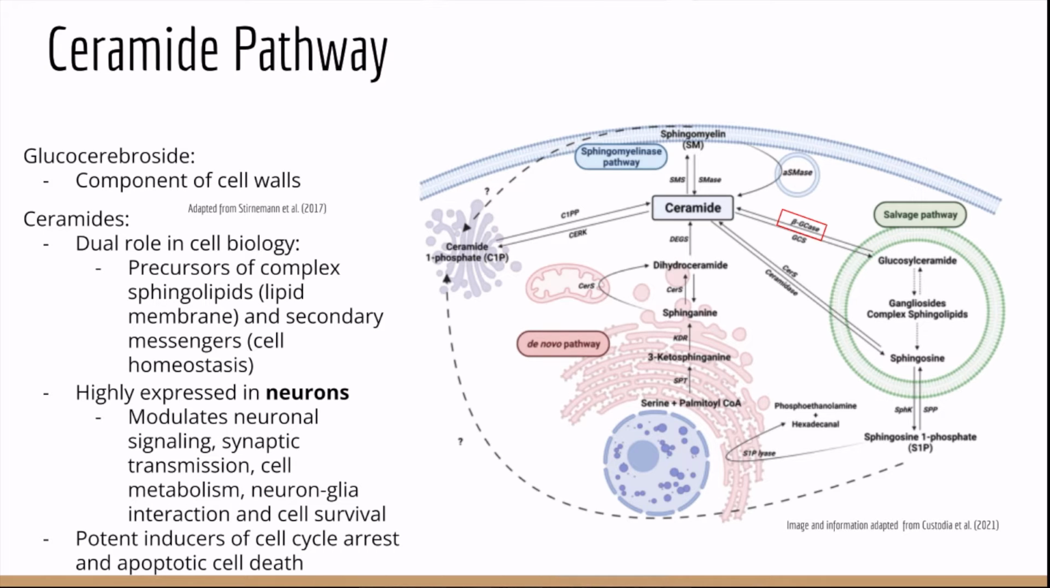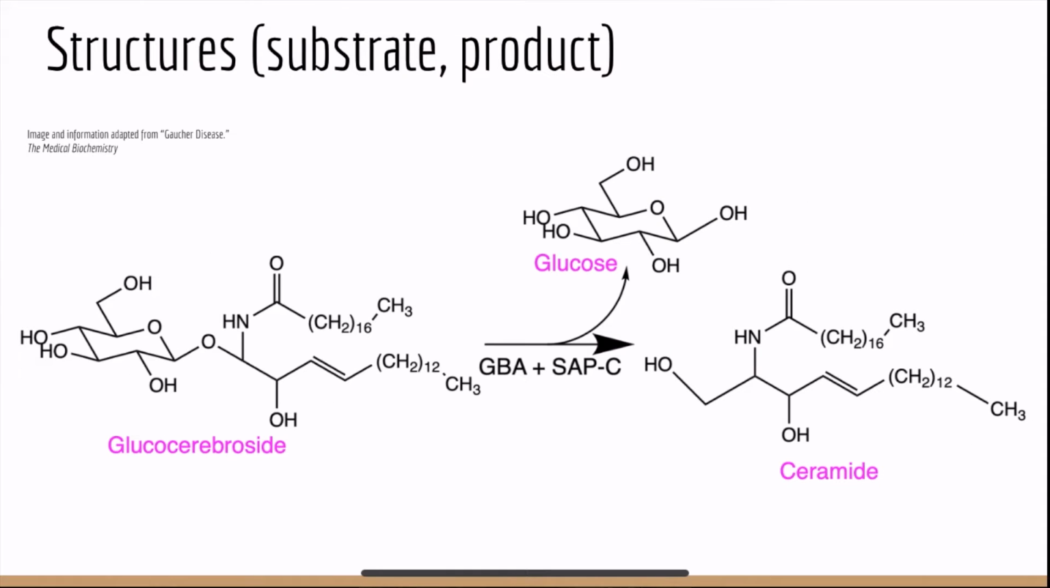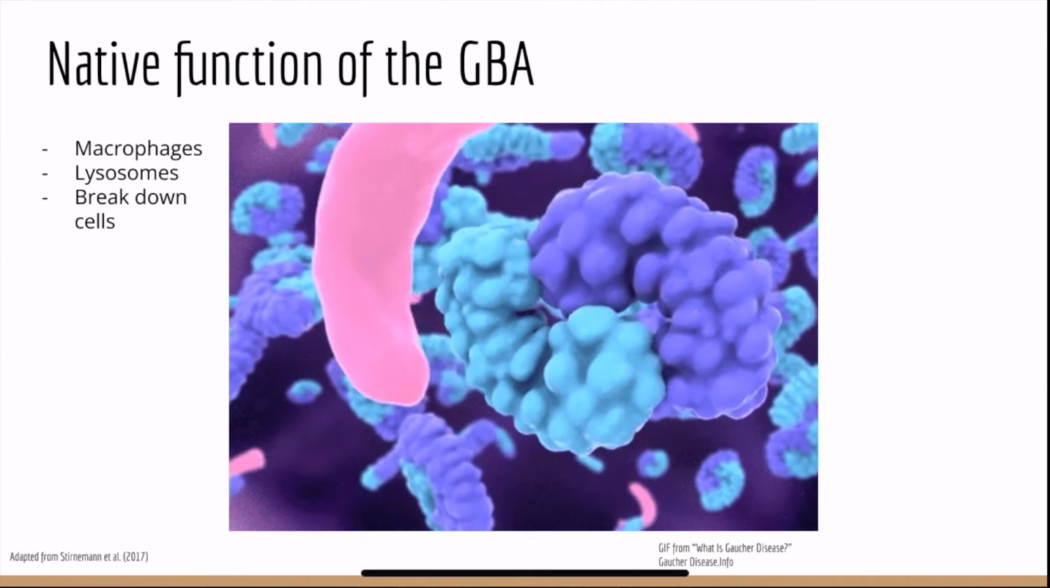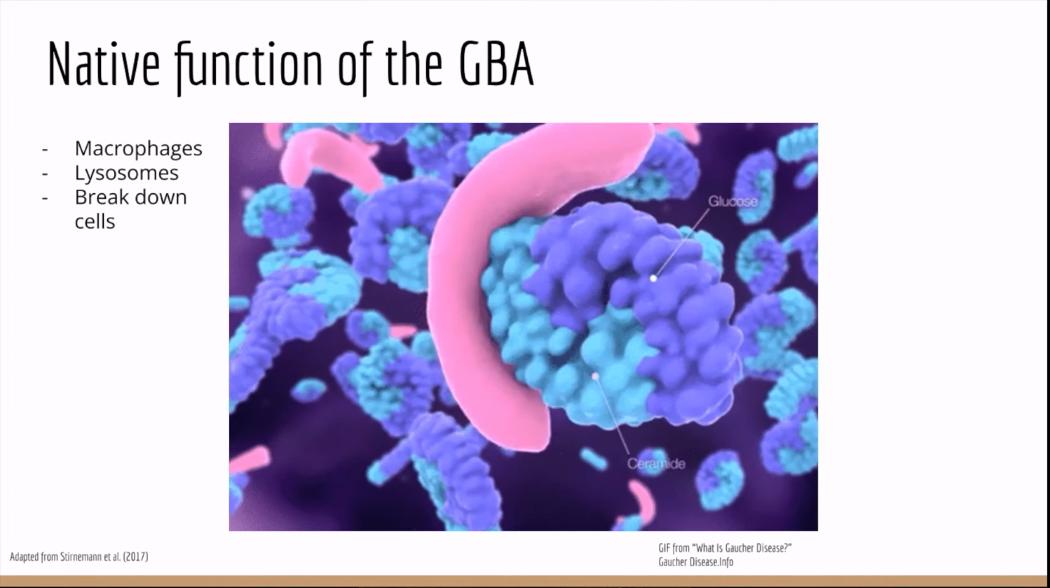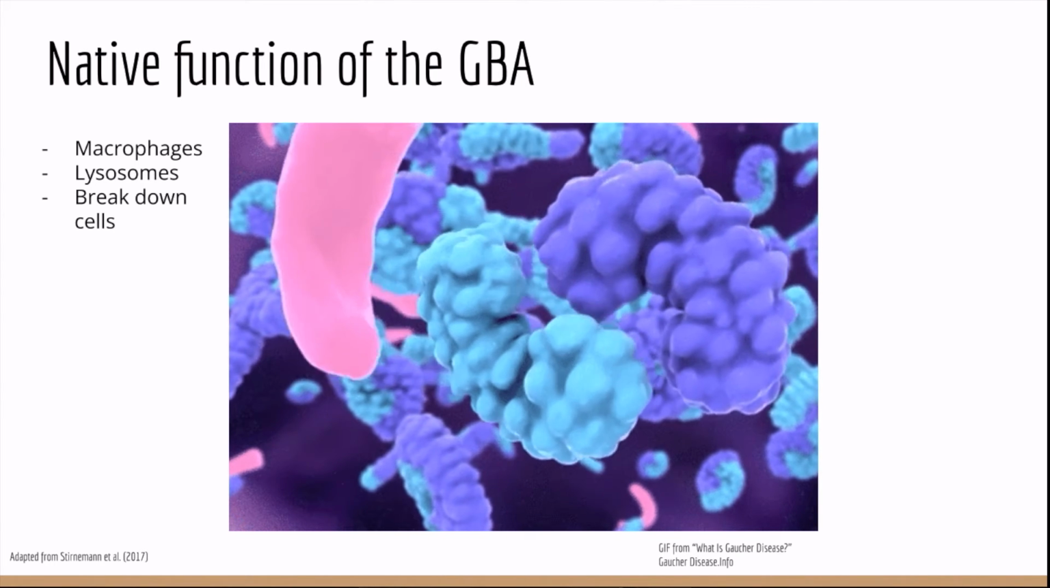Interestingly, ceramides also are potent inducers of cell cycle arrest. This is interesting because glucocerebrosidase is inside of lysosomes, that is inside of macrophages, that break down old cells that have gone through apoptosis and or damaged cells. Glucocerebrosidase catalyzes the hydrolysis of glucocerebroside into glucose and ceramide. And this is the reaction. But in cells, it looks more like this, especially the lysosomes of macrophages, where glucocerebroside is constantly broken down by